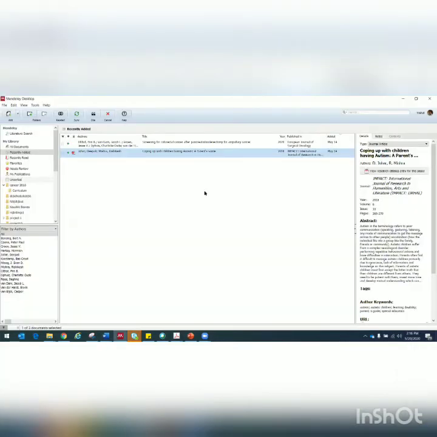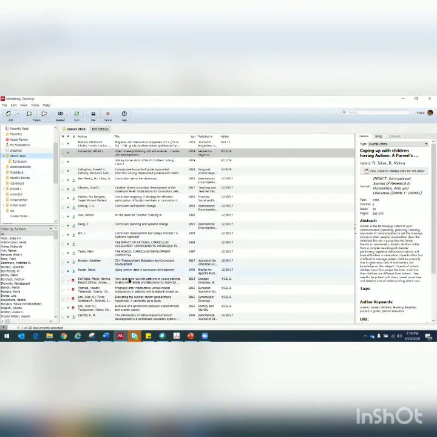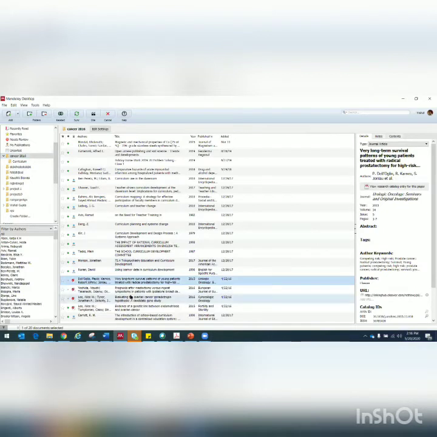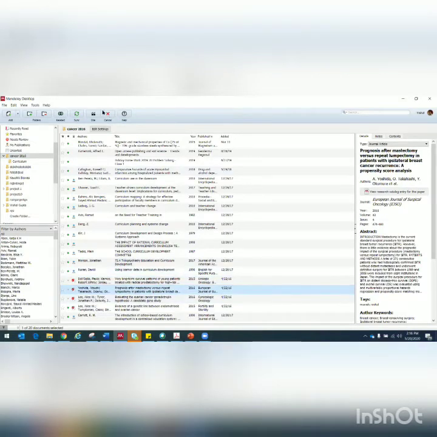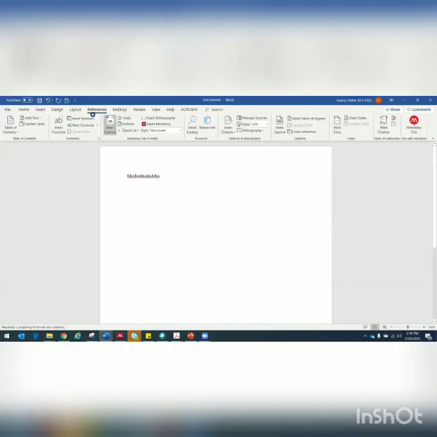I go to Mendeley, and since I have saved all the articles on Mendeley, it becomes easy for me to understand where my article is. So I can simply go to that folder. This is the article that I want to cite, right? So I click on this article and I say cite. Can you see Cite on top? So I simply click on Cite. Now this citation has been created.